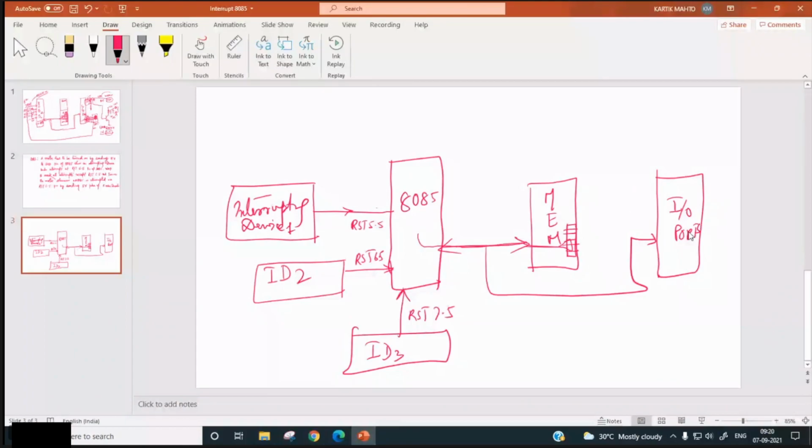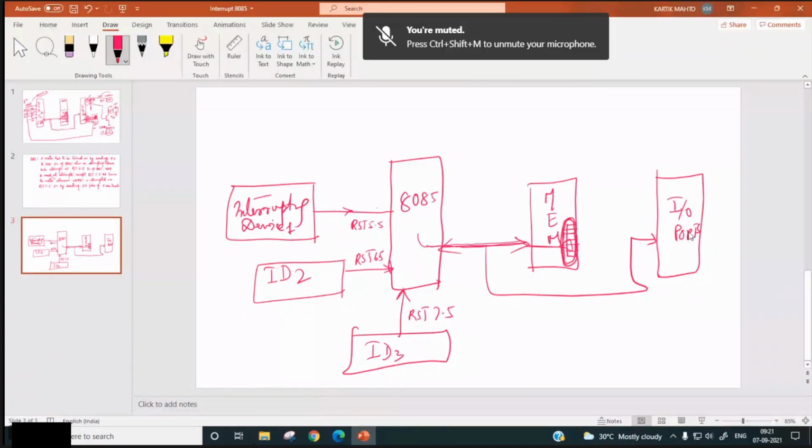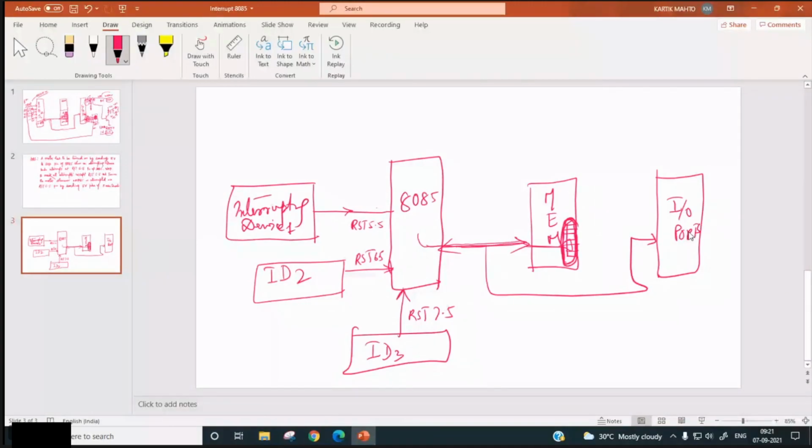The processor is busy in executing your lengthy program over here. Whenever this RST 7.5 pin is having this type of level voltage, which will be generated by this interrupting device, then 8085